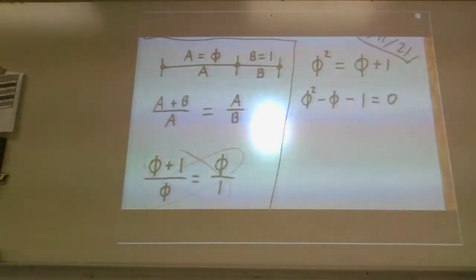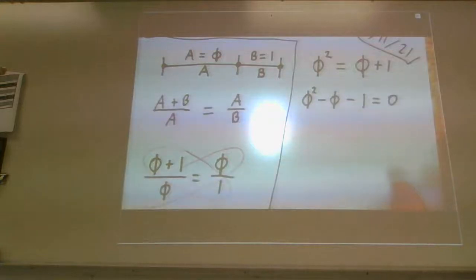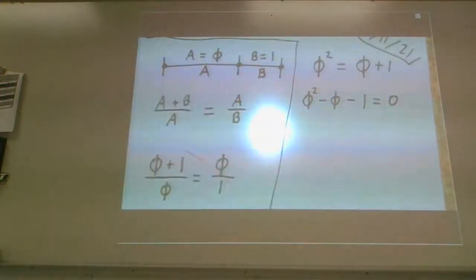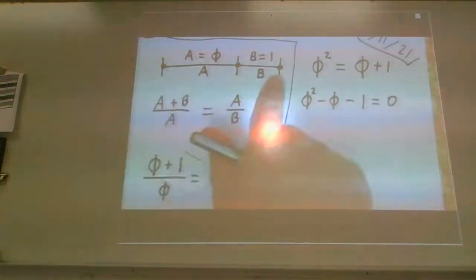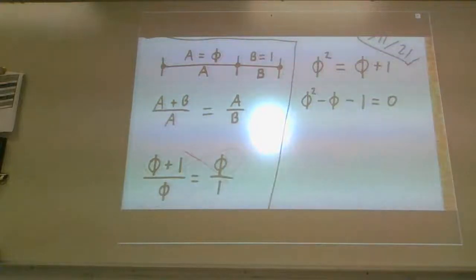Now, again, the Pythagoreans, the Egyptians, the Sumerians, they didn't know what this was. They had no concept of what a quadratic formula was or how to solve quadratics or anything like that. The only thing that they immediately recognized was this relationship of these lines. The relationship of the ratio of the whole to the larger is equal to the larger to the smaller. That's how they recognized it. But in modern terms, we can solve this.